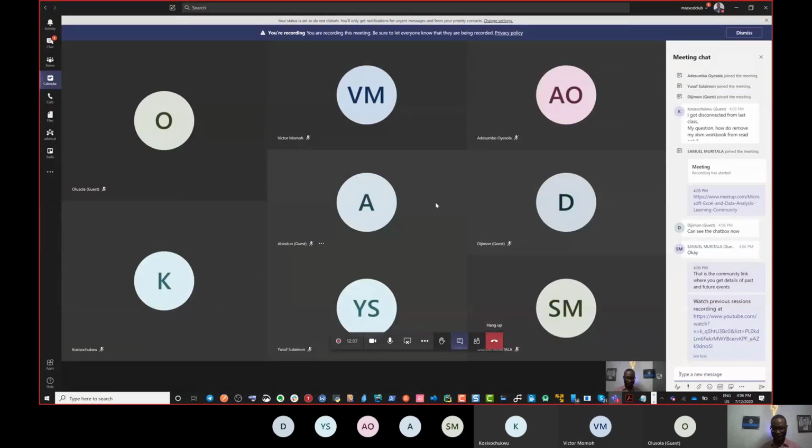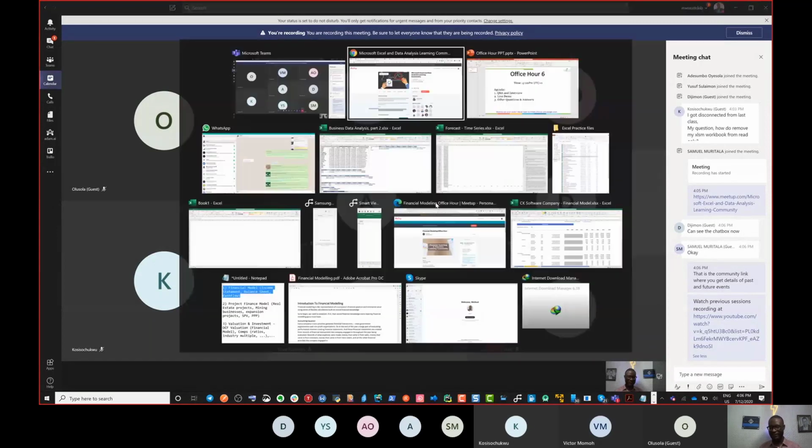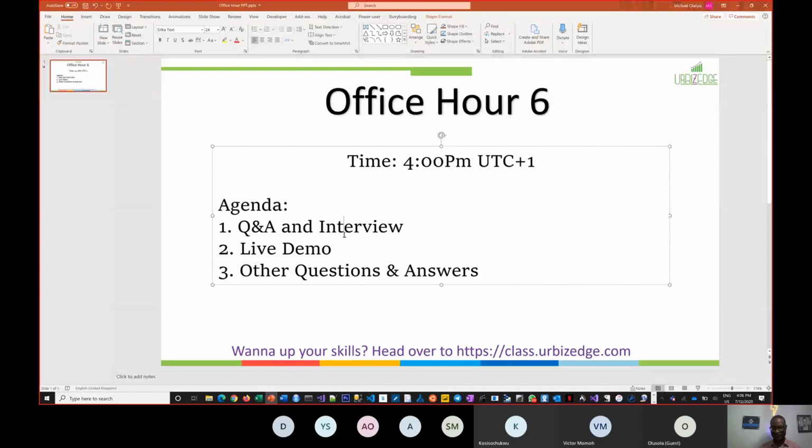All right, so we start with, there are 3 sections to this. So section 1 is, in fact, let me just write it the way it is going to be. So section 1 is, I'm going to do a demo of forecasts and some new tools. So let's say a demo of new tools and then forecasts in Excel. Then